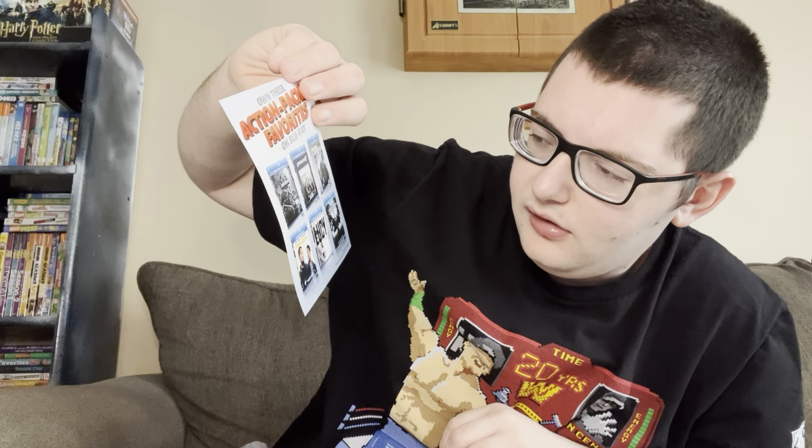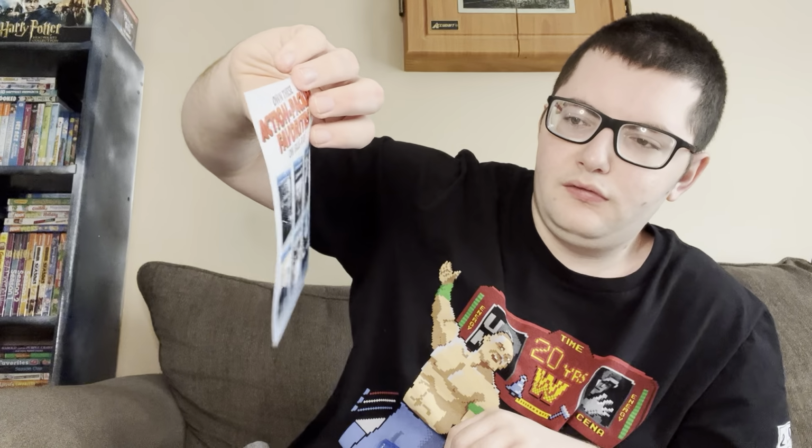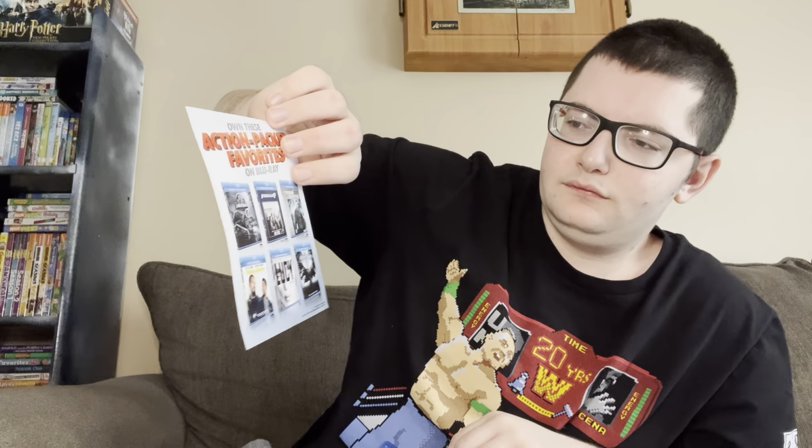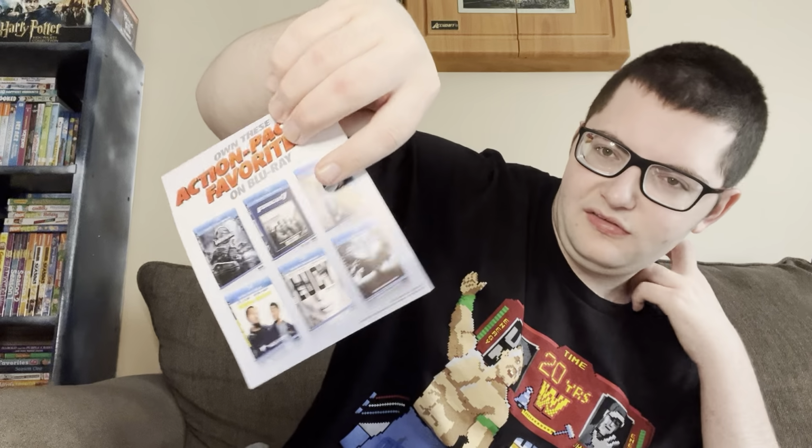On the back of this insert it says, "Own these action-packed favorites on Blu-ray." It mentions Jurassic World, Furious 7, which is the 7th Fast and Furious movie, The Bourne Ultimatum, Ride Along, Lucy, and Dracula Untold. I believe I've heard of all these movies except for Lucy. But I actually have Jurassic World. I've seen Jurassic World. It's the only movie out of all those that I've seen. Anyway,